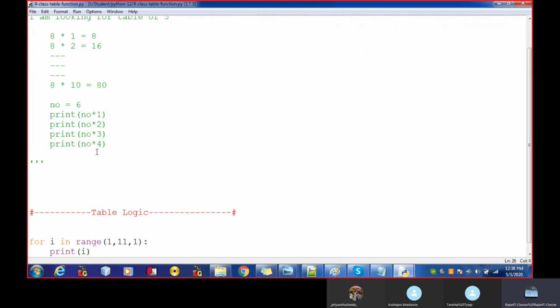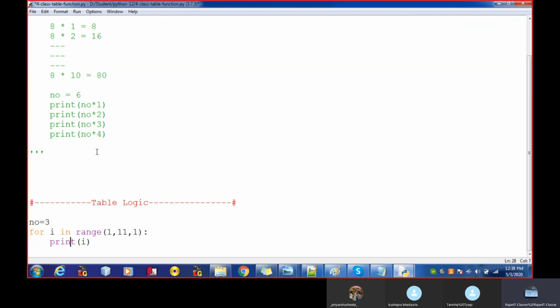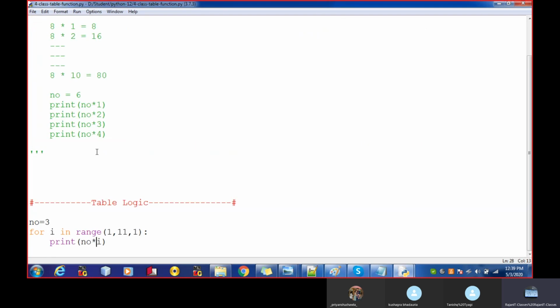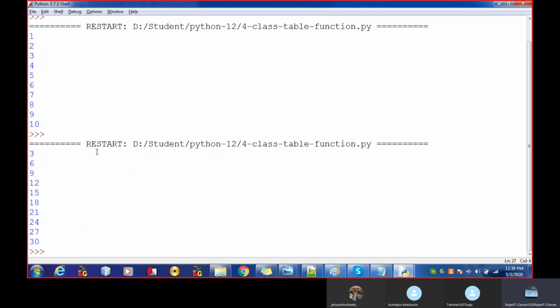So now let's take the number. Number is equal to, let's say, 3. Now use here number into i. The result, see, 3, 6, 9, 12, 15, 18. Your number is getting multiplied by 1. After that it is multiplied by 2 and we get the expected result.